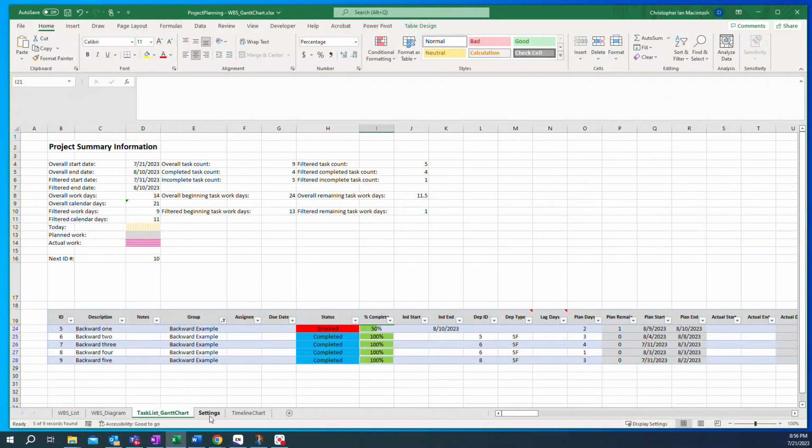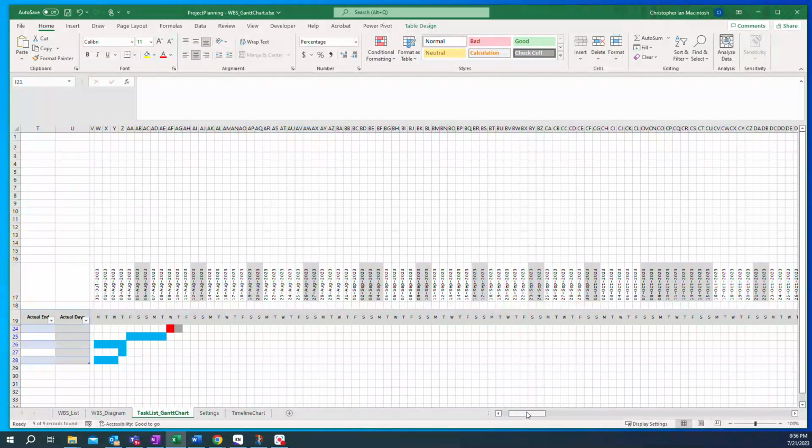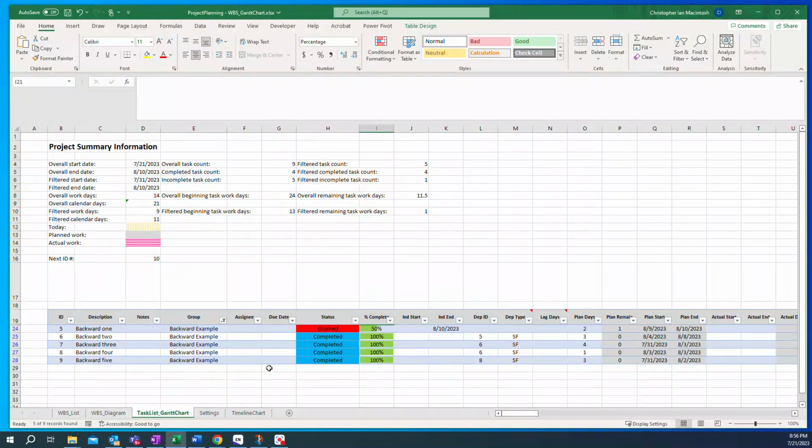For those of you that are going to build this, I think I'll make this the kind of overview video. This Gantt chart is the main part. We've got the summary information up here. We have the task table, and then we have the Gantt chart. And I will show how to create those and format those parts. And then the other main part of this is the